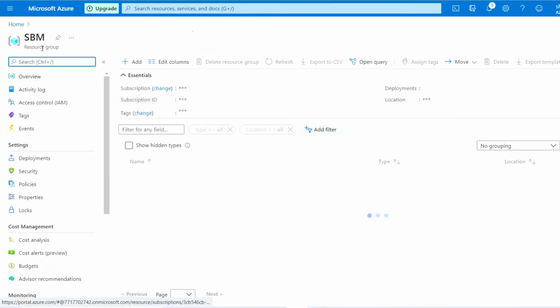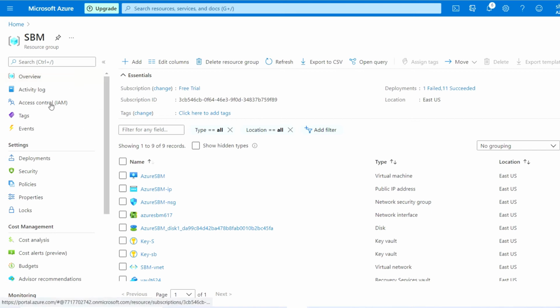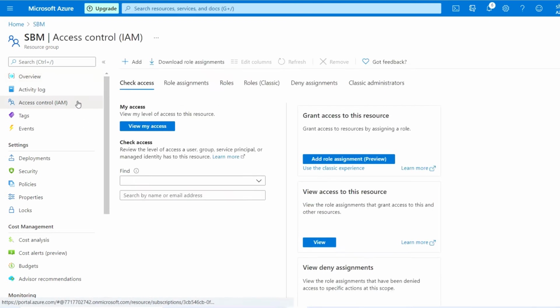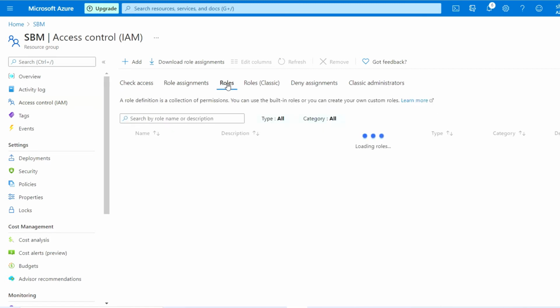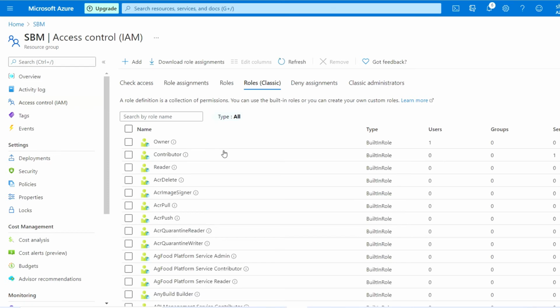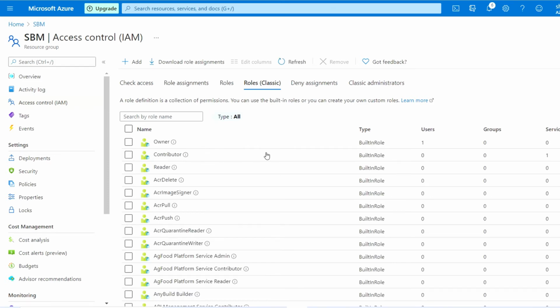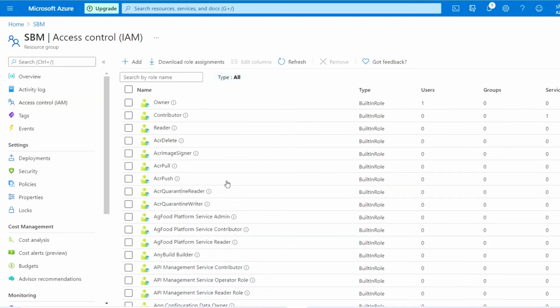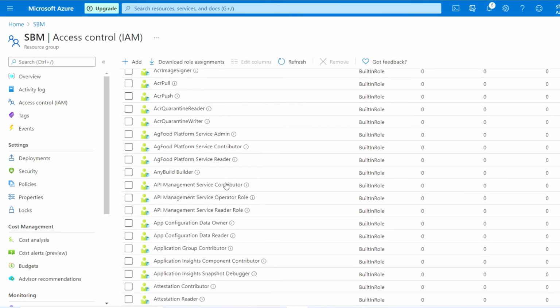As you can see here, I am on one of my resource groups. I'm going to access control, and then to the roles. As you can see, there are lots of built-in roles available, as per the requirement.